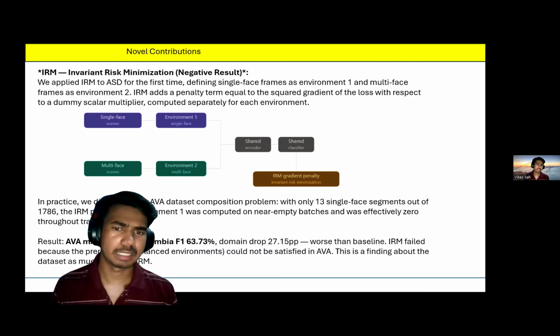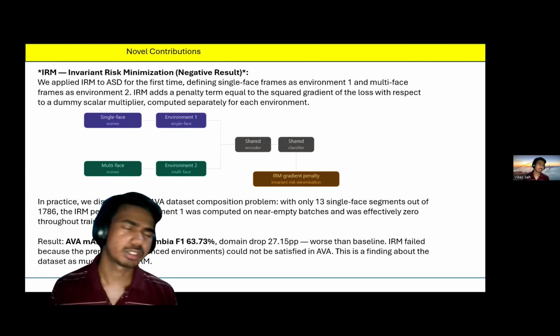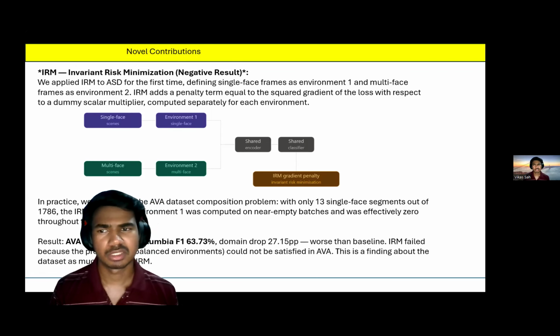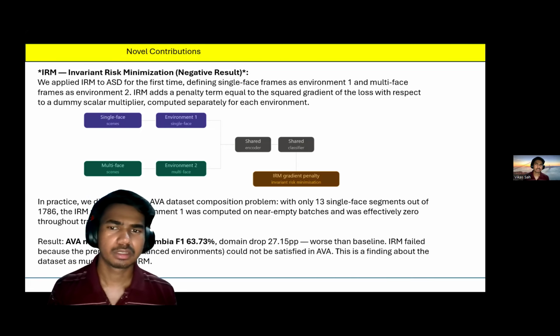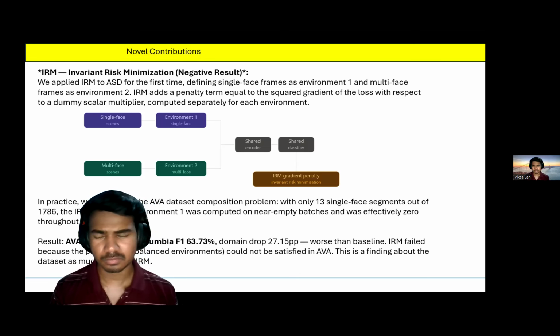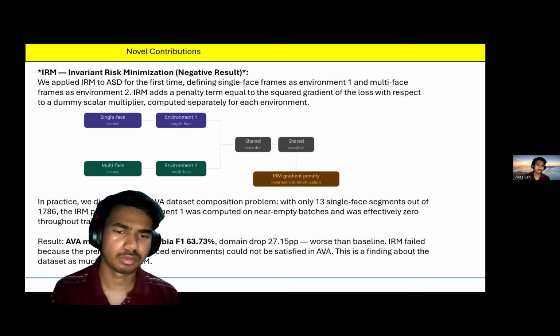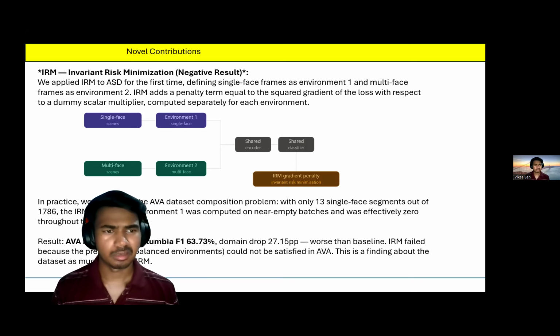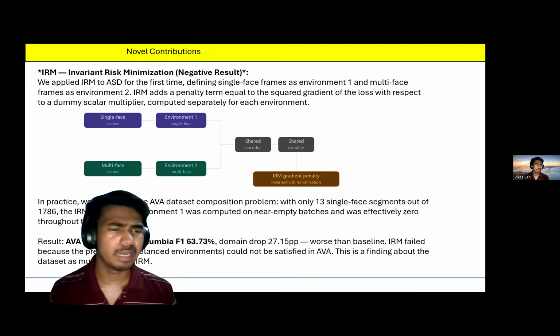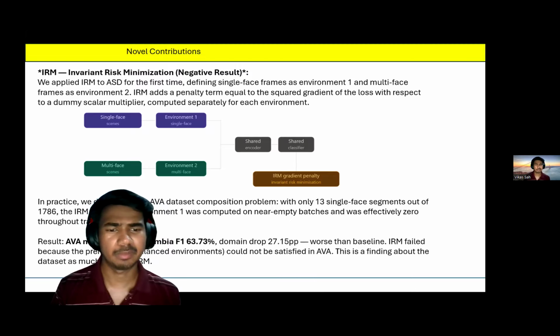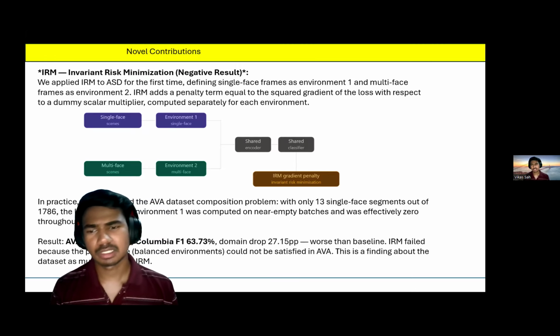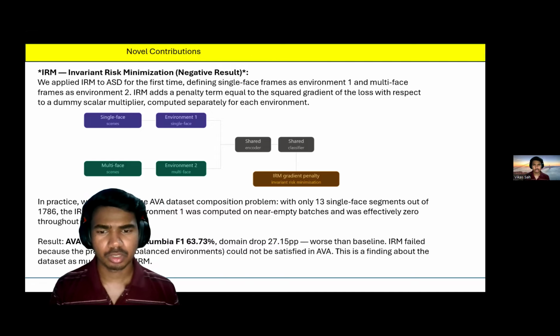Then both are passed to the same encoder and same classifier. And what we got is the IRM gradient penalty, which is equal to the square of the gradient of the loss with respect to a dummy scale multiplier, computed separately for each environment. In practice, the AVA dataset has a composition problem, with only 13 single-face segments out of 1786. The IRM penalty was computed on nearly empty batches, so it was effectively zero for training. The result: the AVA mAP was 90.88%, the Columbia F1 63.73,